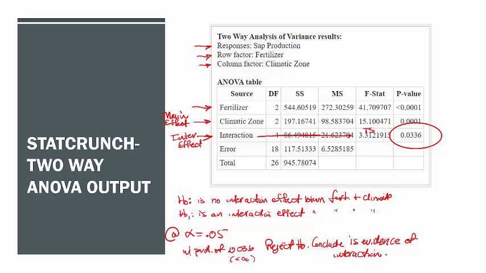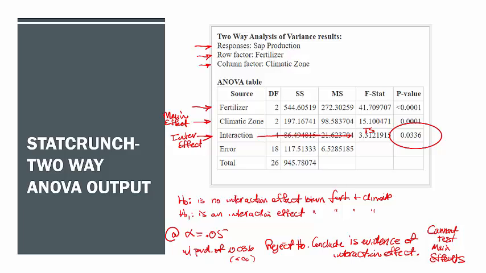So those other two hypothesis tests that we wanted to do cannot be done. Cannot test for main effects